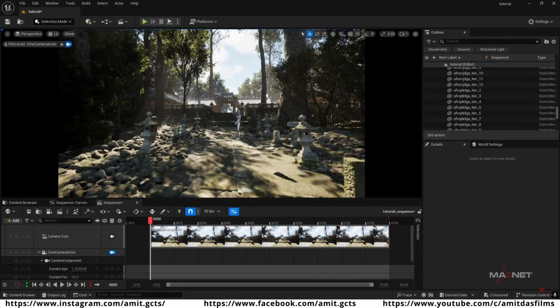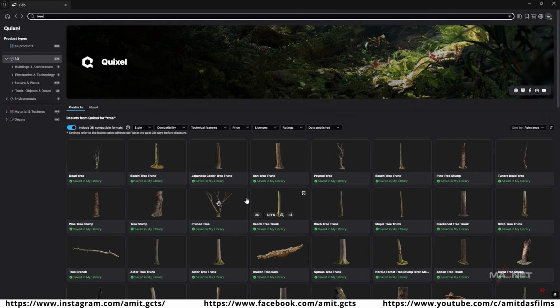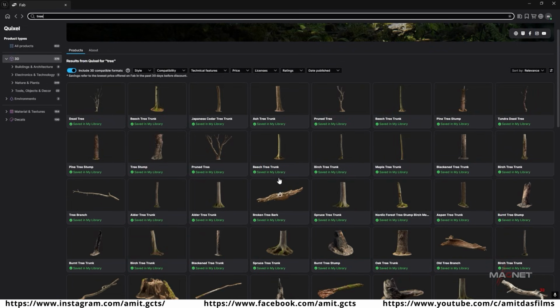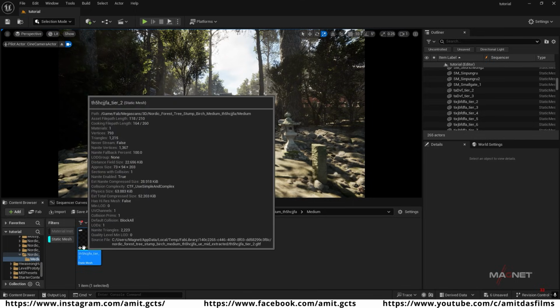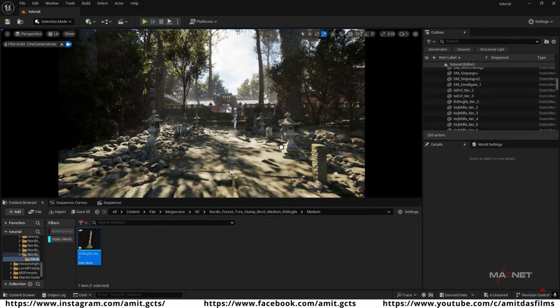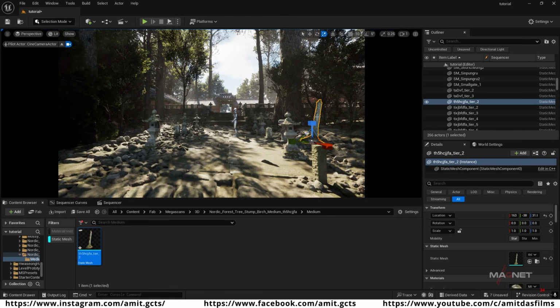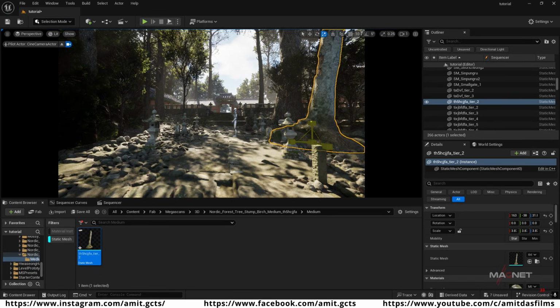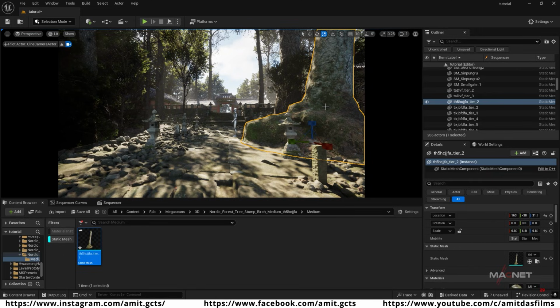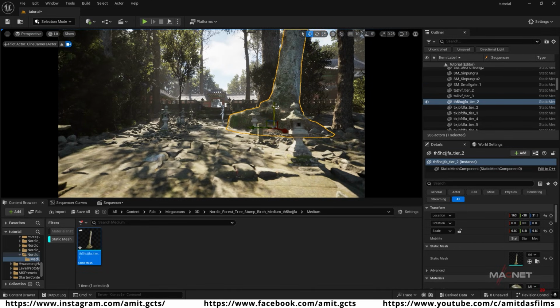And also I'm going to download some other tree assets from Fab. Okay, so here are so many tree assets from Quixel library. So maybe I'm going to use this one. I just bring it to my project. So this is the tree asset that I have downloaded. So I'm applying it here, and I'm going to scale this asset a little bit higher, so it can look like a very thick tree here. So as you can see that,